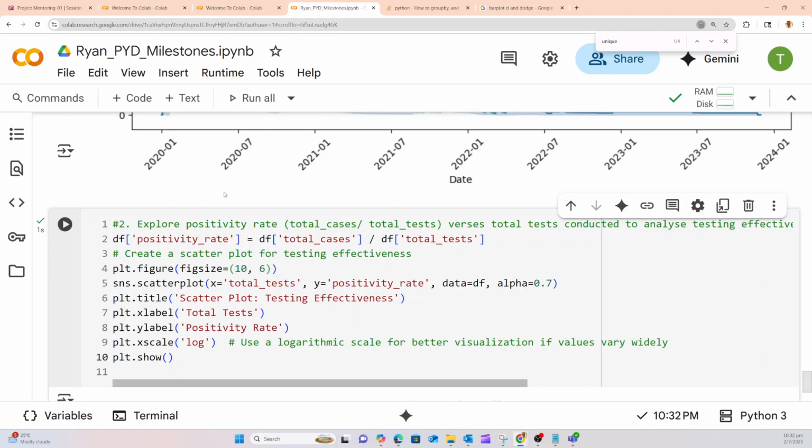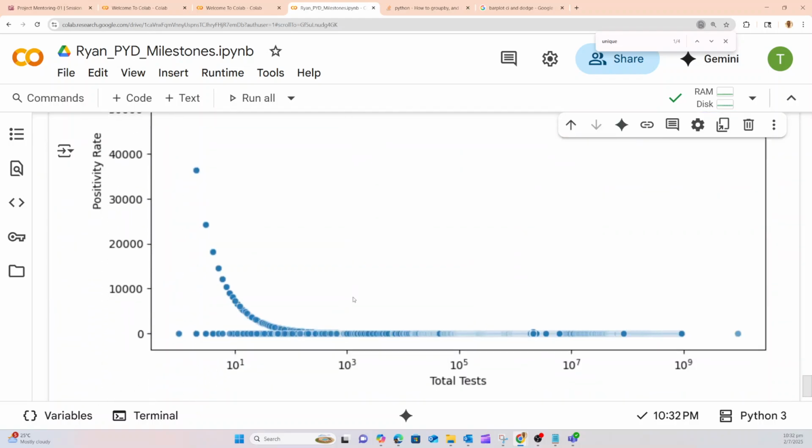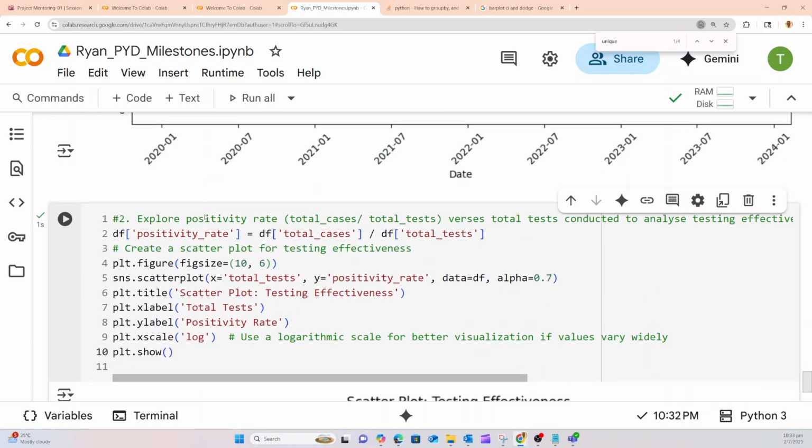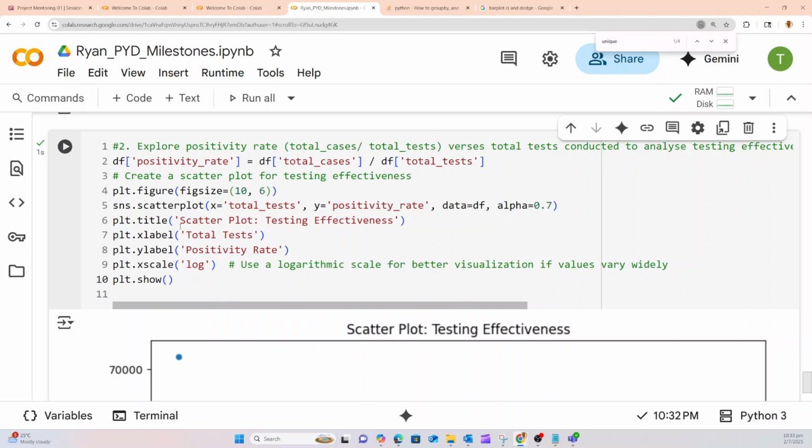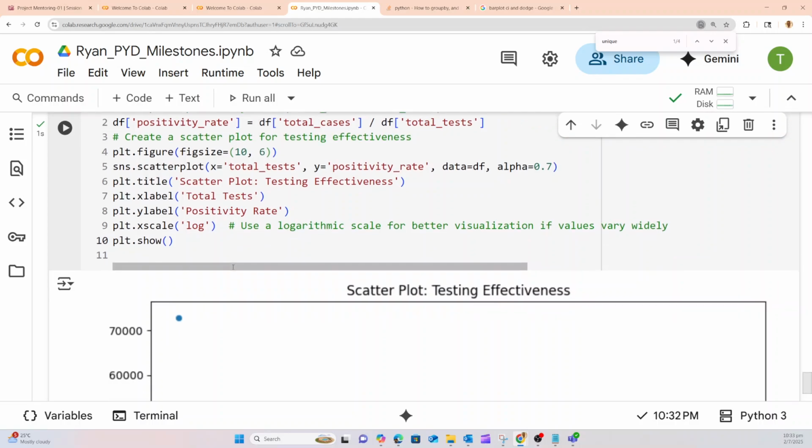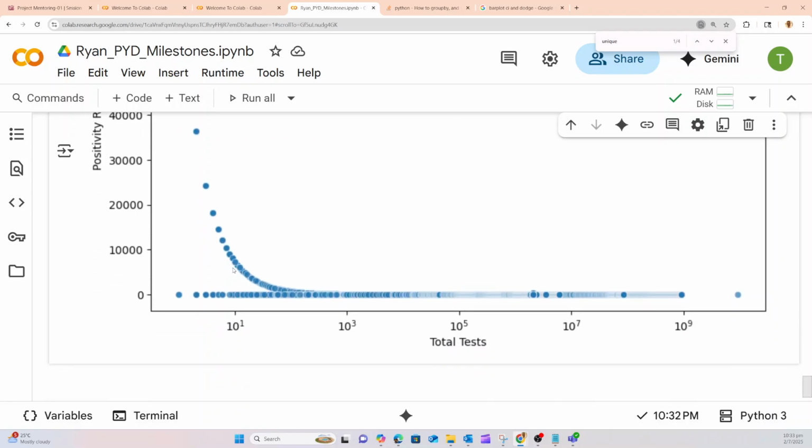Now let's see the plot. So you see the positivity rate, total cases divided by the total tests, and the scale is logarithmic.